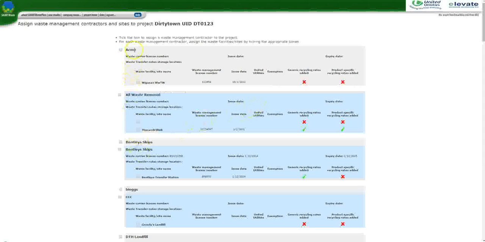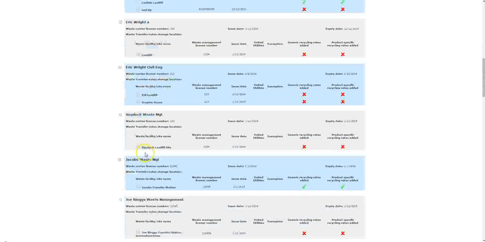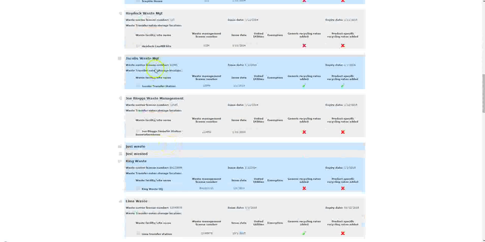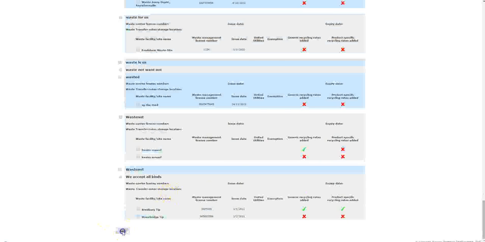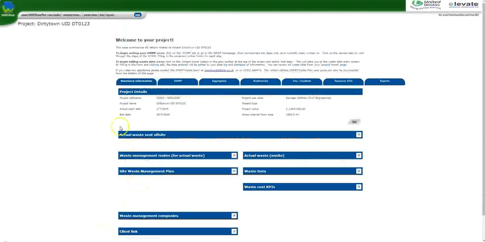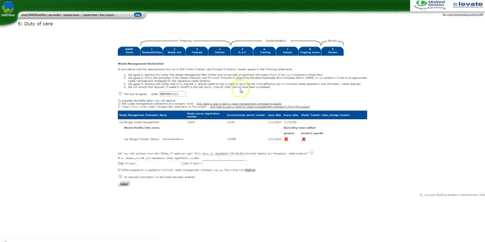You'll then be presented with a pick list of all the contractors that you've entered. So I'll scroll down and find Joe Bloggs Waste Management, tick them, tick their transfer station because that's where the waste is going to be going, and then hit save at the bottom. You'll then be brought back to the front page of the project, so just go back into the Site Waste Management Plan, tab 5, Duty of Care,